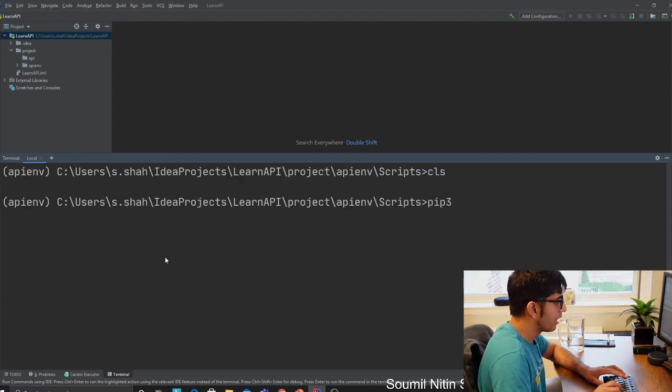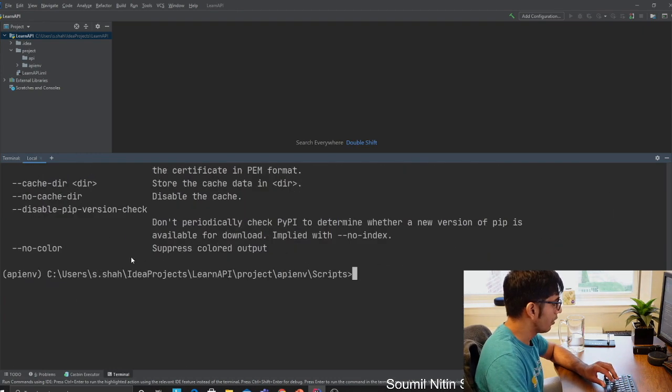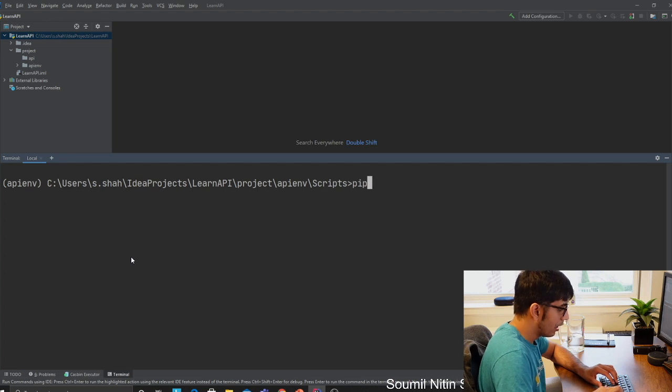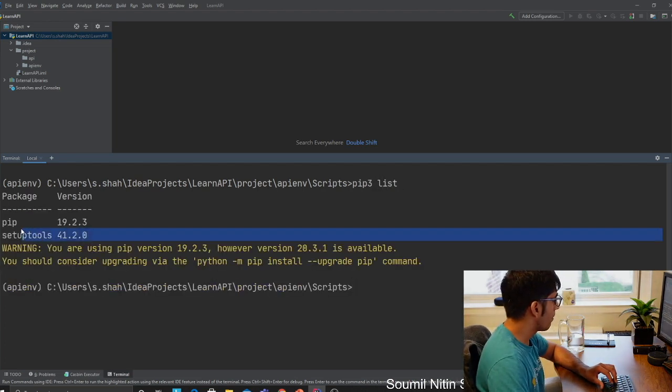We can verify that using the pip command. So if you say pip3, it should show that pip is installed. So hopefully it works fine. You can see. Try pip3 list. This should show you the list of Python packages that you have. So as you can see, we are starting from scratch, right from new.